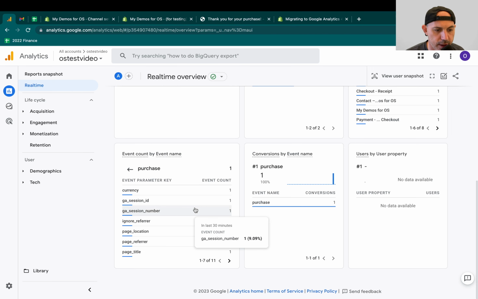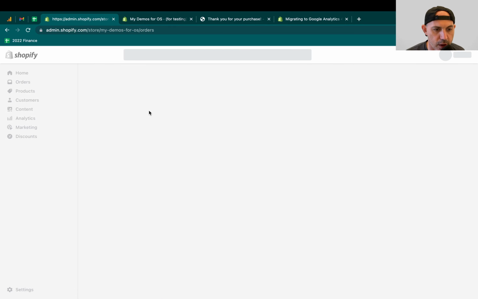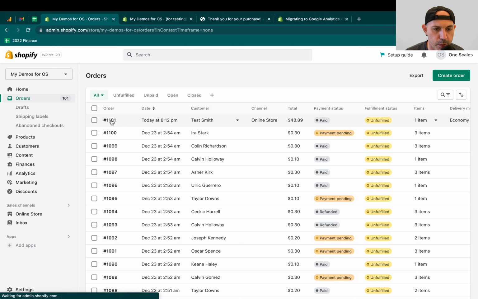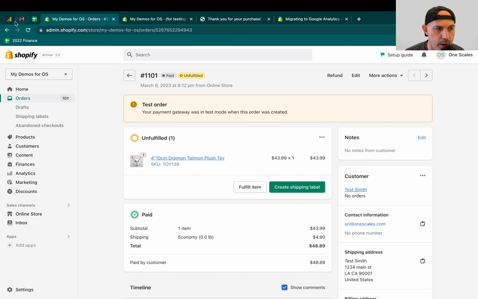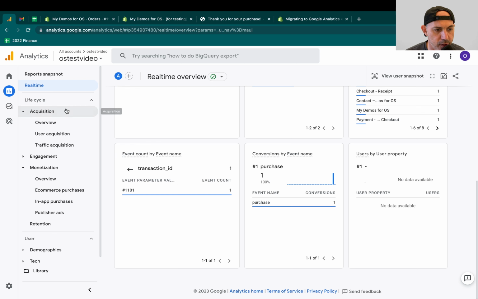In Google Analytics, it does have, let's go right here, it does have a transaction ID, but this transaction ID, okay, you see that? 1101, this will actually be related to the order right here. So if you ever want to connect the dots between them, you can go to your order and find 1101, for example, and you know this actually came from Google Analytics recognizes it, and you can actually look up for it.